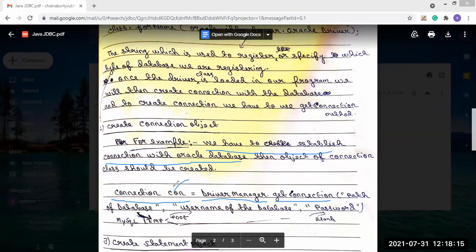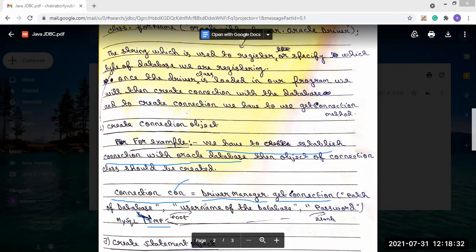Let's say the path of the database is mainly the name of the database. Let's say the name of the database is EMP. As the first parameter, we will send this.